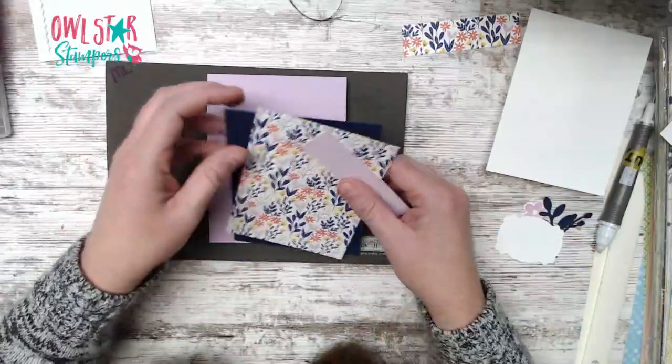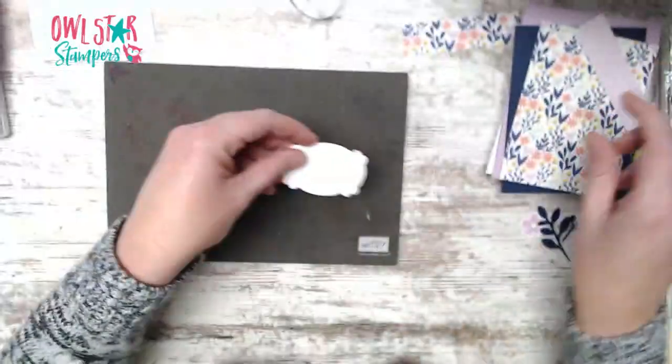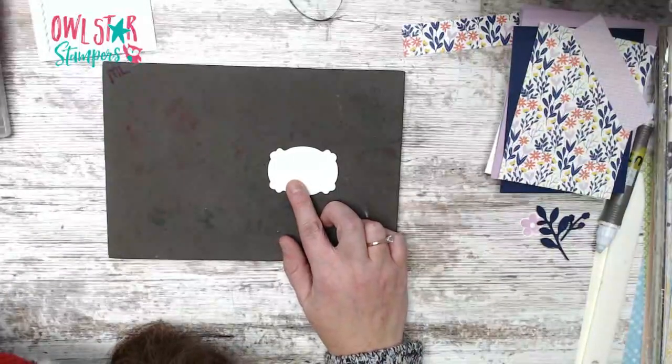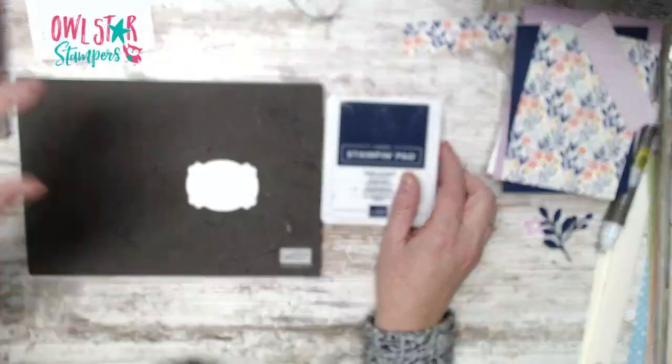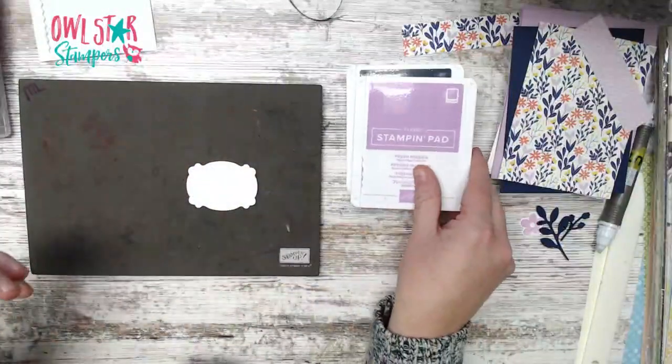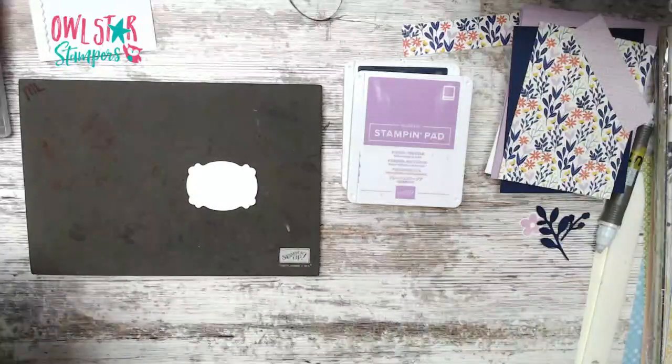All right, so the first thing is let's do our stamping. So on this punch right here, we're going to stamp it in Night of Navy ink. And then I also did use the fresh freesia. And we're going to stamp,